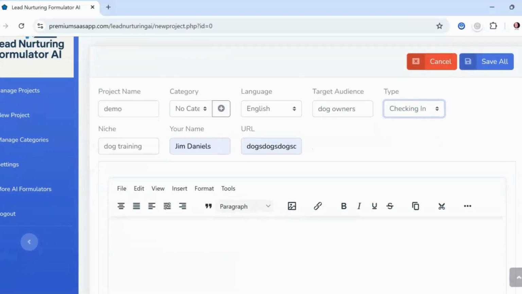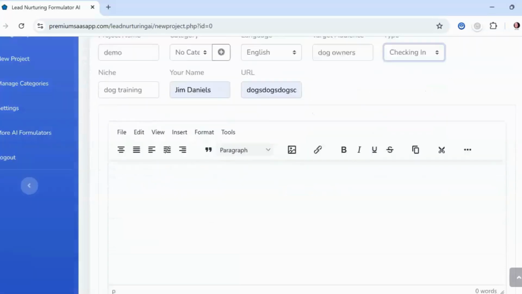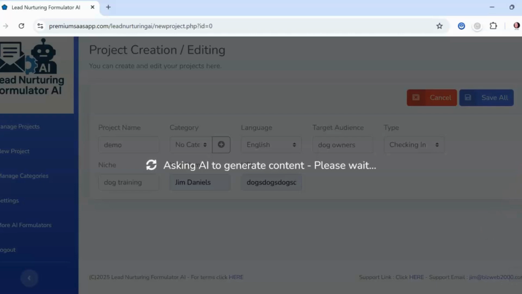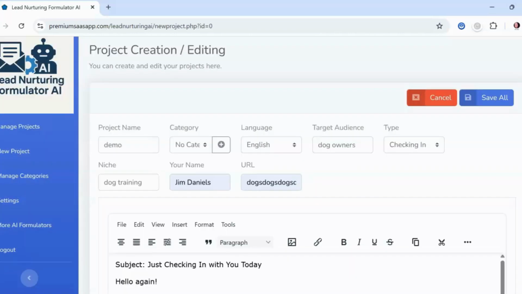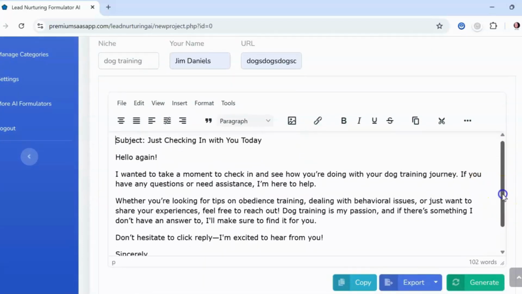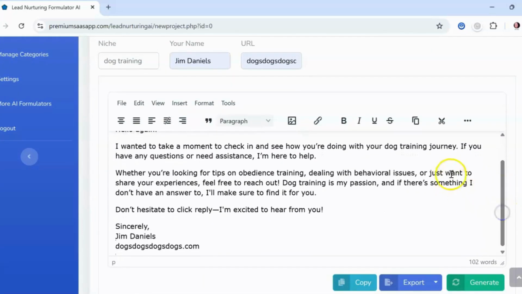So number 3 is a check-in email. I like to send this one out a few days after the helpful tip. And let's see what it comes up with. Just checking in with you today. Hello again. I wanted to take a moment and check in with you, see how you're doing on your dog